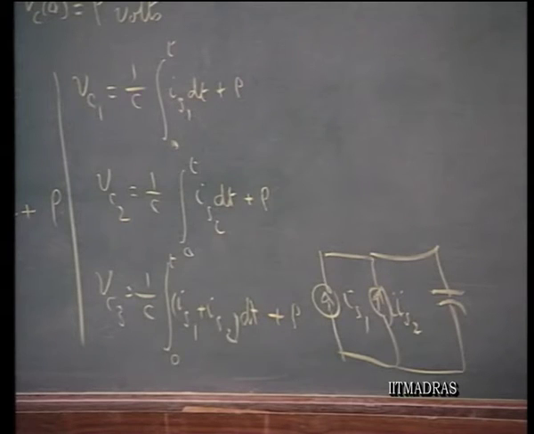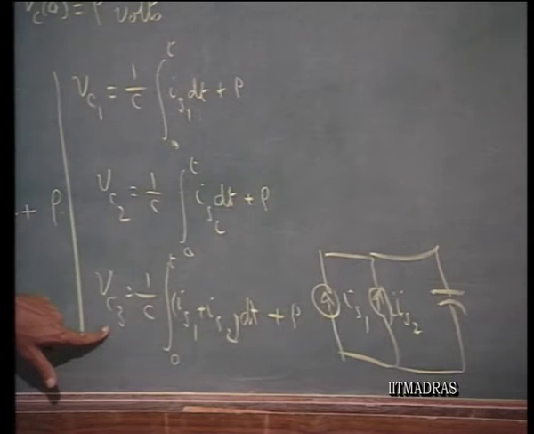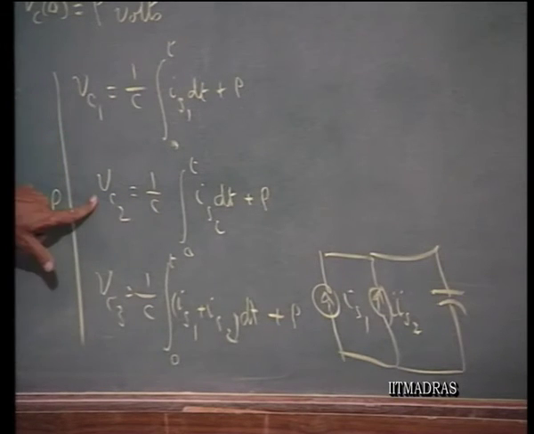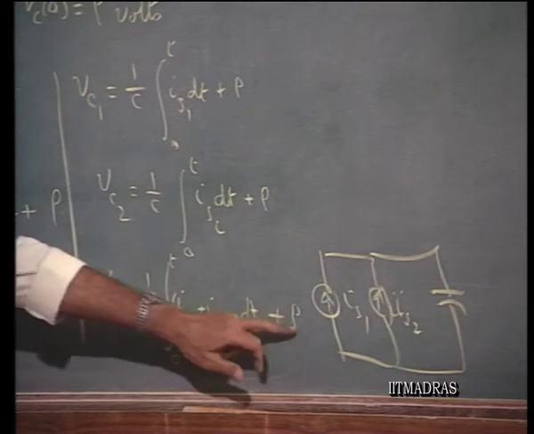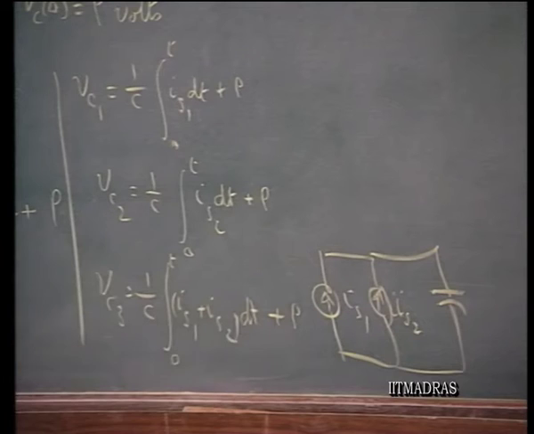Now you can see Vc1 plus Vc2, which are the responses due to Is1 and Is2, will not add up, because Vc3 is not equal to Vc1 plus Vc2. What spoils this is the initial charge in the capacitor, because when you add these two up you get 2 rho, but it is only 1 rho, which means that the argument is that this principle of superposition is valid only